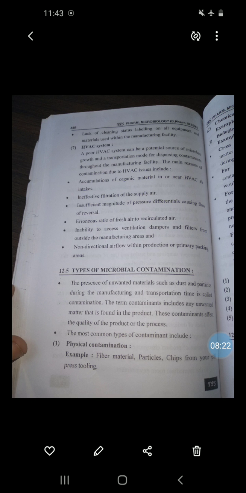The next factor, that is HVAC system. As I discussed earlier, what is HVAC? That is heating, ventilation, and air conditioning. A poor HVAC system can be a potential source of microbial growth and a transportation mode for dispersing the contaminants throughout the manufacturing facility. The main reasons of contamination due to HVAC issues include: